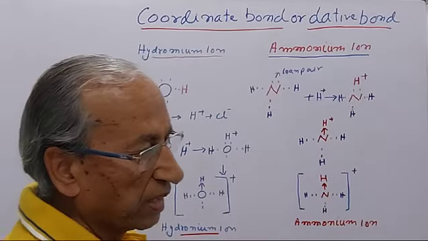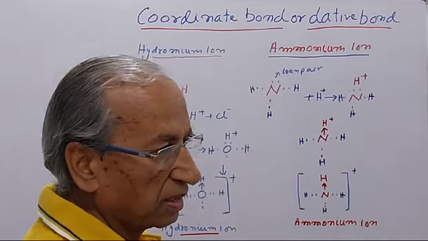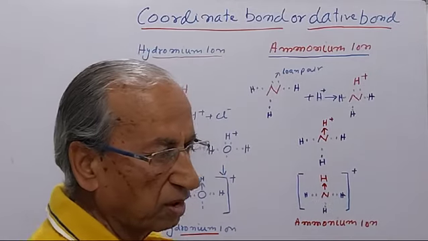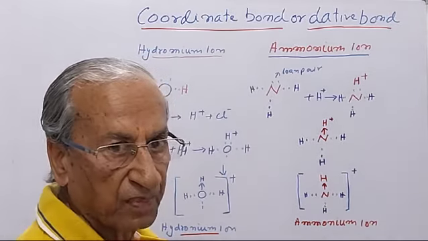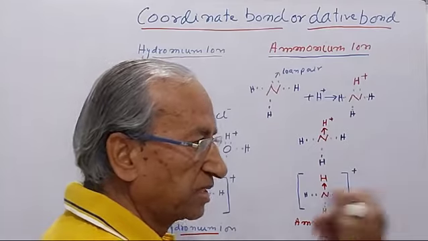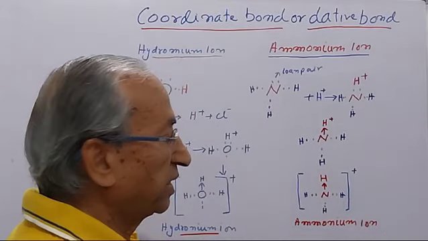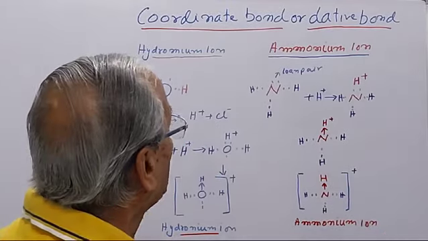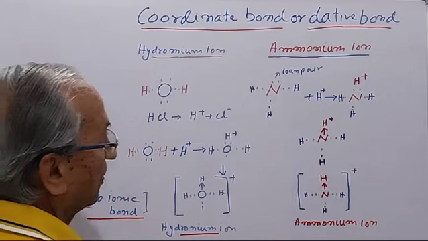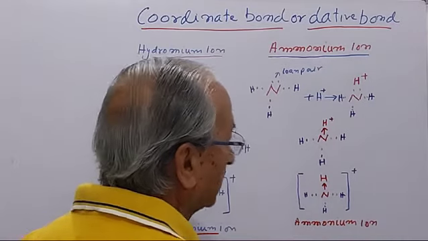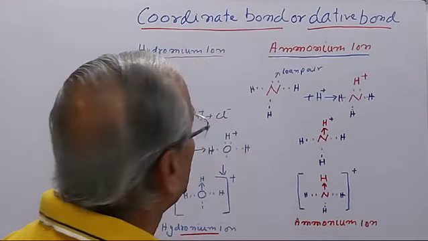It means the atom which gives the electron is the donor, and the atom which accepts the electron is the acceptor. Now here, if we take the example of the ammonium ion, that is a very good example of the coordinate